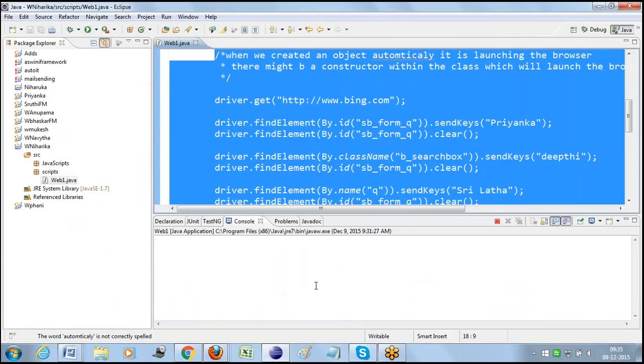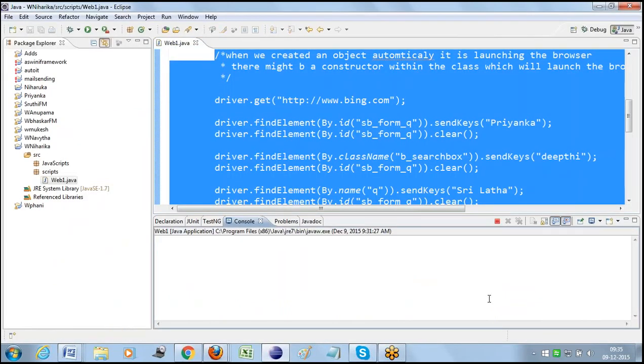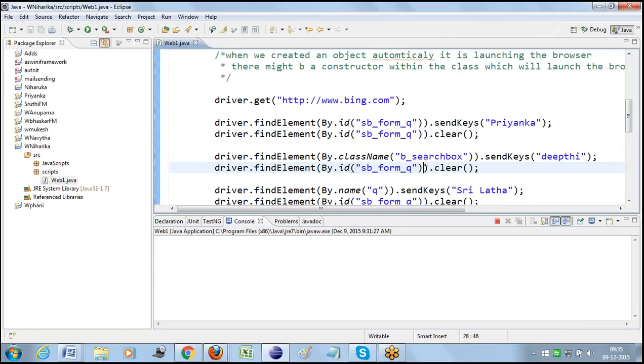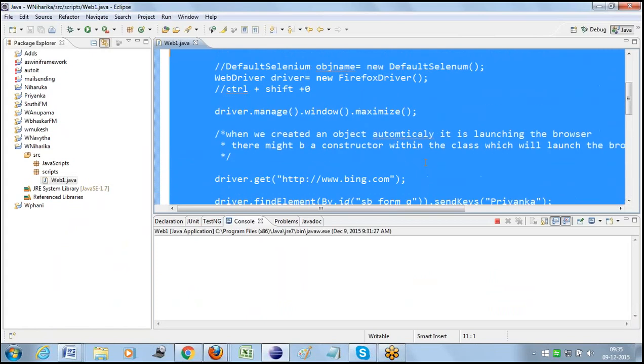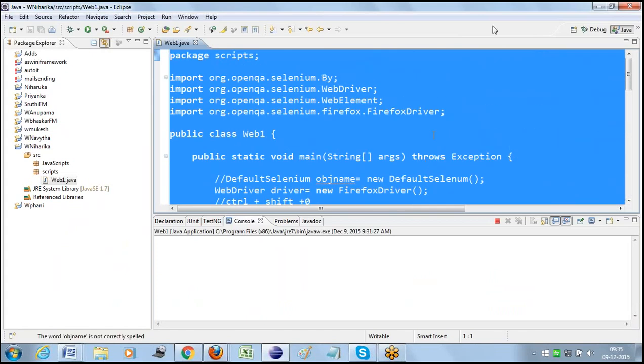If there are any failures, my Eclipse console will display the reason behind the failure. Slowly, in our further classes, we are going to discuss how to write JUnit test cases and TestNG test cases, wherein it clearly displays whether the test script got executed successfully or failed. Such a detailed test execution status will be specified by JUnit as well as